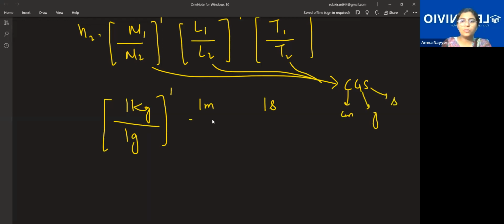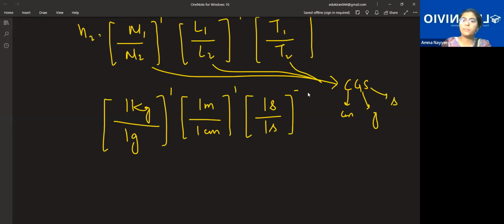Then L2 will become 1 centimeter. 1 second by 1 second, it's just that the power will become to the power minus 2. This is what n2 is equal to. What have we done? We have just written the values that are accordingly given, because right now the problem